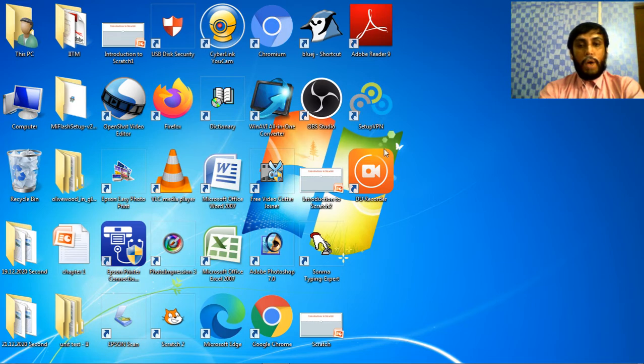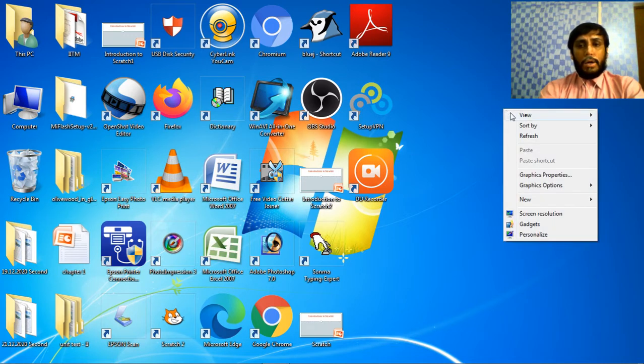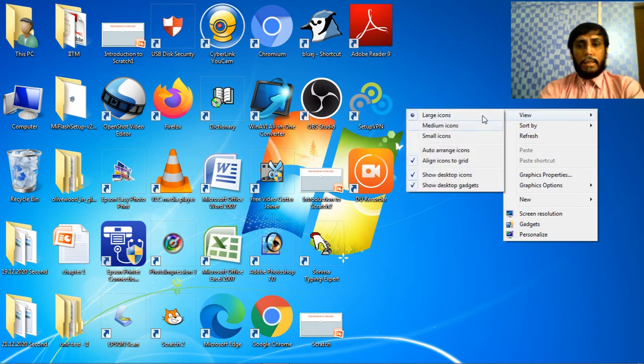And if you want to arrange, there are options to arrange, where again on the empty area of your desktop, right click on that area and go to the view button and see the bottom below. Here some points are written: auto arrange icons, align icons to grid, show desktop icons, show desktop gadgets.